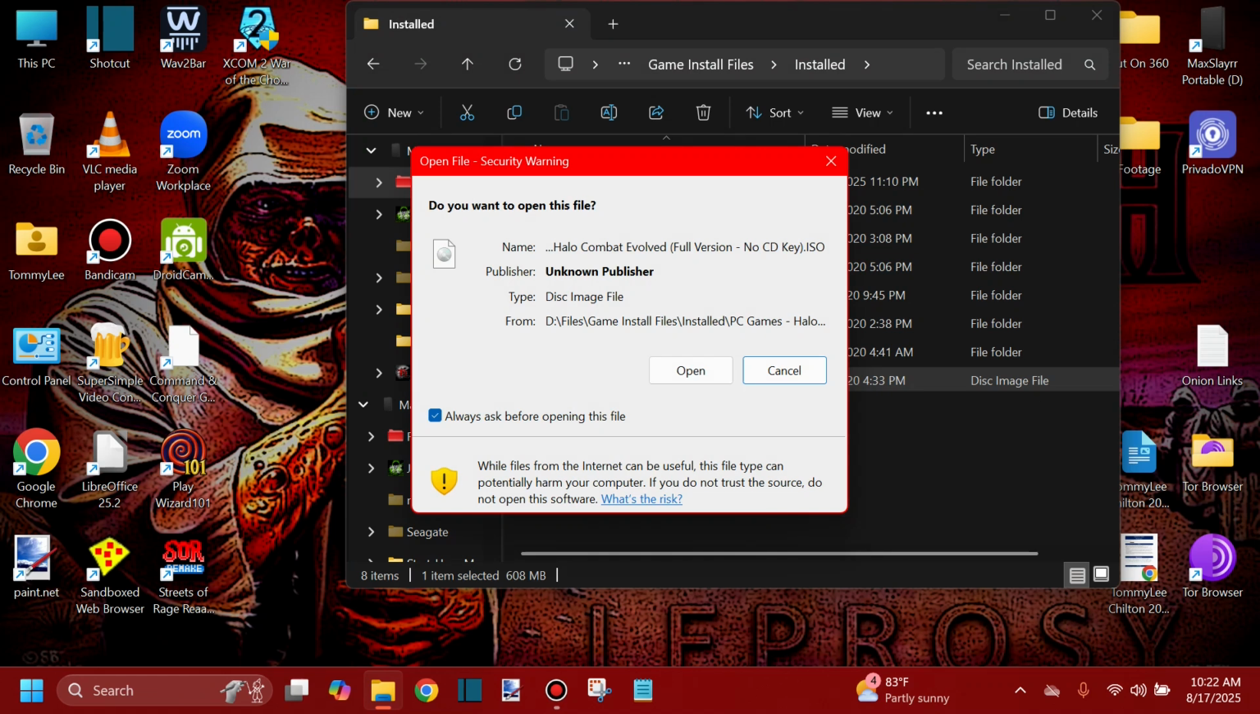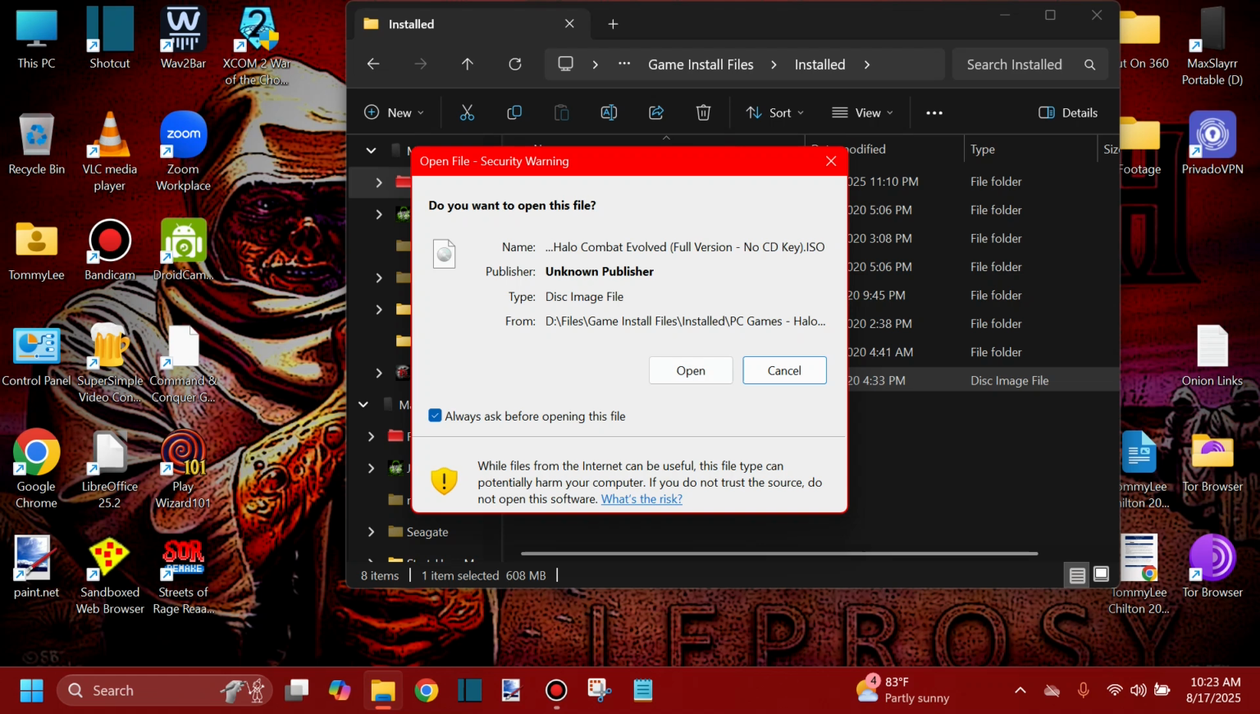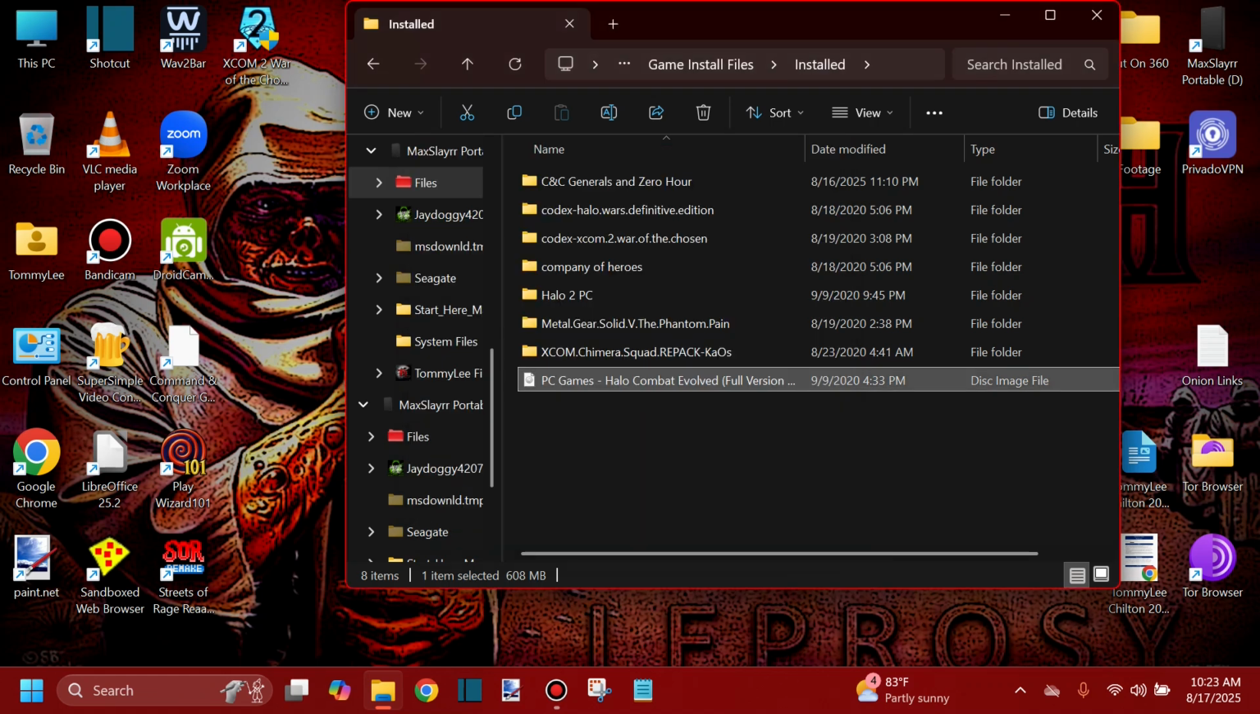If you go to the left here, oh there you go, we got a security warning on this one. So open file, always check this. You don't want to get an ISO file with a virus on it. I've already checked this file here. I've used it on my old computer. So we're just going to go and open this,